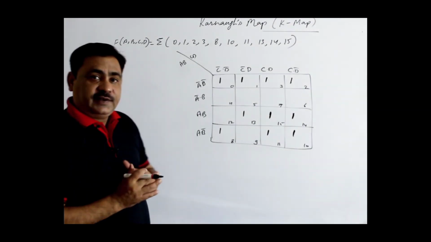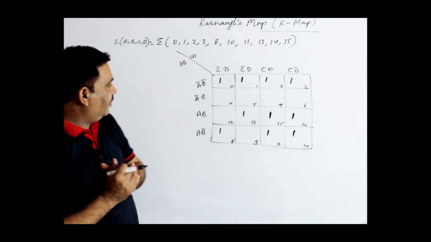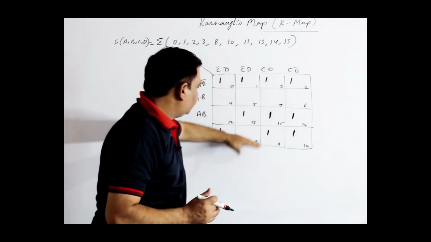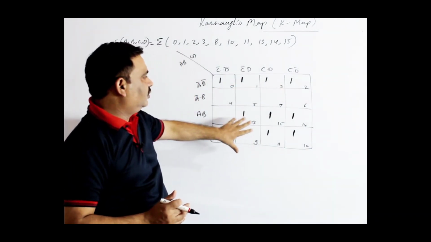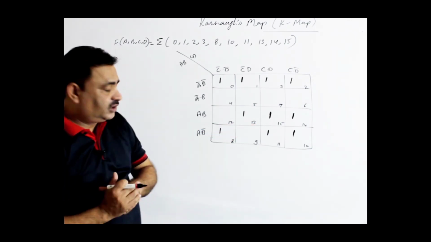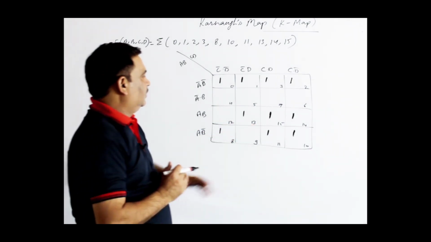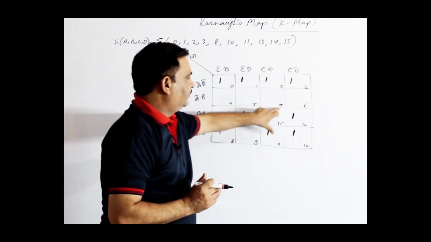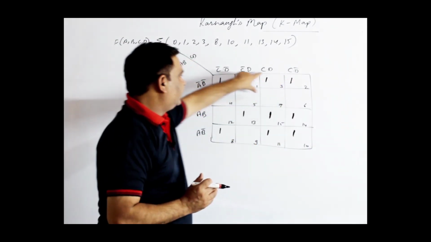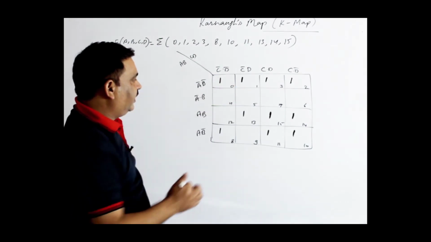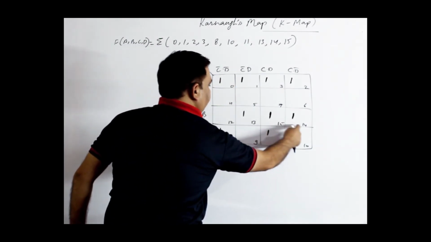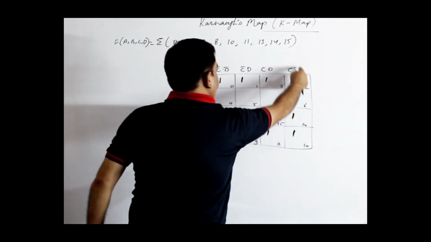Now first of all see whether octet can be formed. 8 ones, 4 ones is here, but no, this side one is empty. So octet is not possible. Then try to search the quads, combination of 4 ones. One quad you can easily see here, one you can see the horizontal quad, and one you can see by the paper folding method, this two and this one.